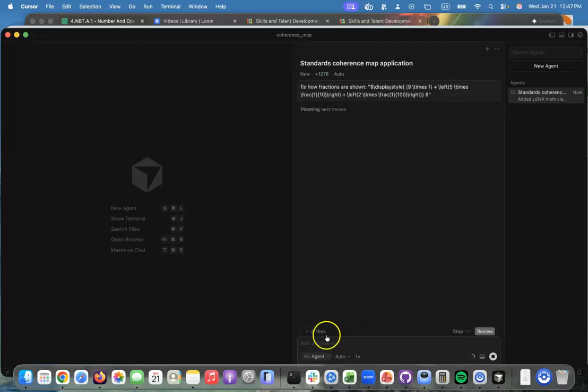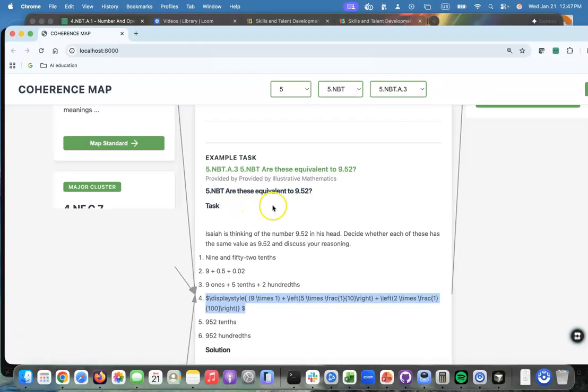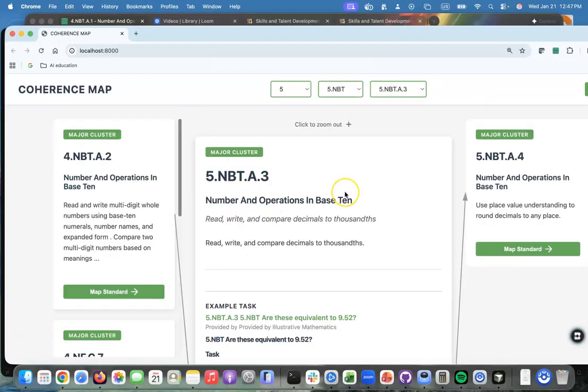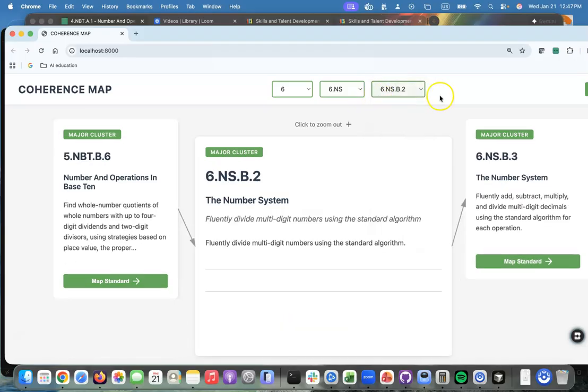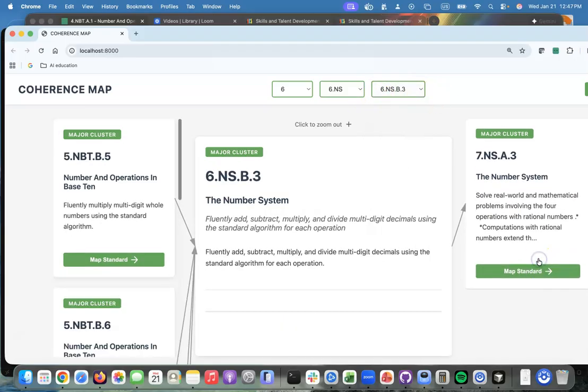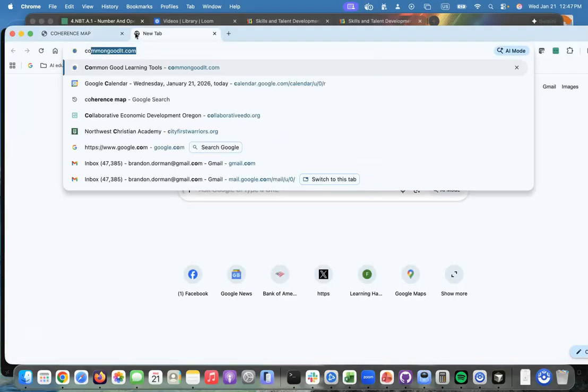Okay, so the point is you go through here and anything you don't like, you literally can take a screenshot of it and give it back to Cursor and it'll go back and fix it. So if I click here, like I want to see all of my specific standards, for example. Okay, so the drop-down stuff worked. Obviously the clicking is working and it looks like the coherence map is the exact same thing as what we saw. So if I go back to coherence map